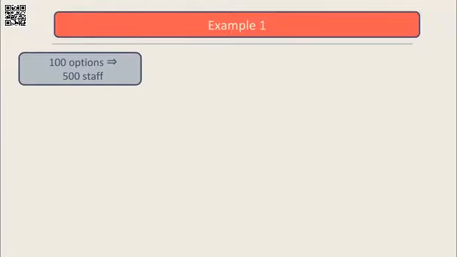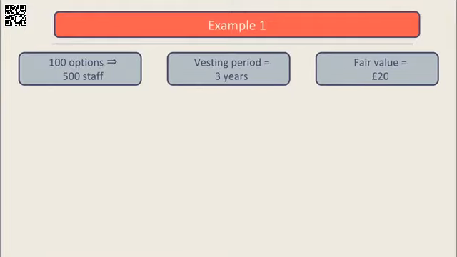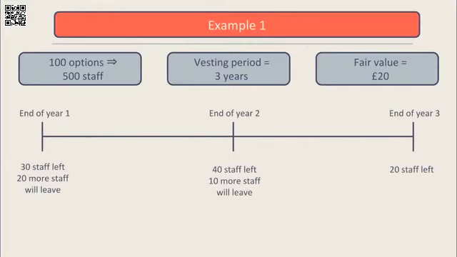An entity grants 100 options to each of its 500 members of staff. There is a 3-year vesting period, and the fair value of the options at the grant date is 20. At the end of year 1, 30 members of staff have left, and it's predicted that a further 20 will leave during the vesting period. At the end of year 2, a further 40 members of staff have left, and it's predicted that a further